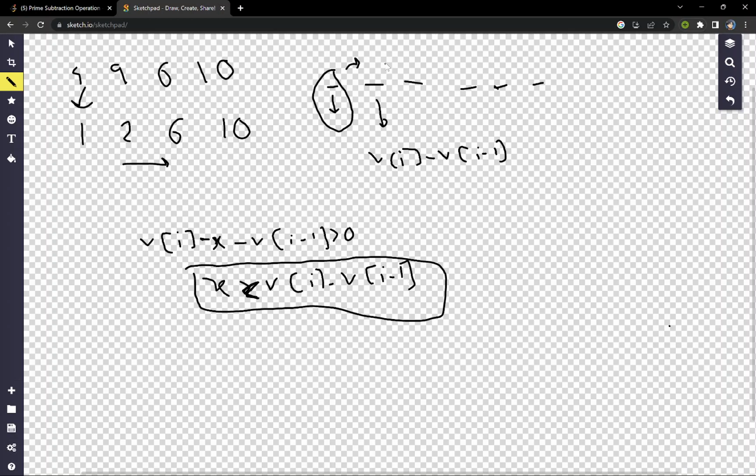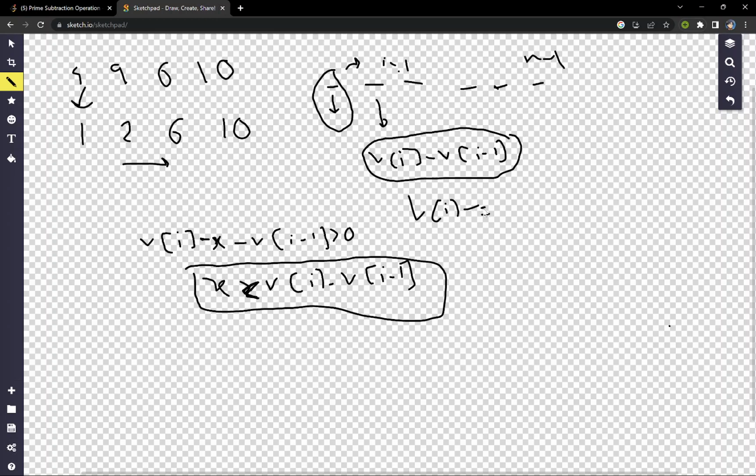So at the current index, from i equal to 1 to n minus 1, at every index we have to find a number which is strictly less than or equal to v[i] minus v[i-1], which is prime, and set the value of v[i] to v[i] minus x.